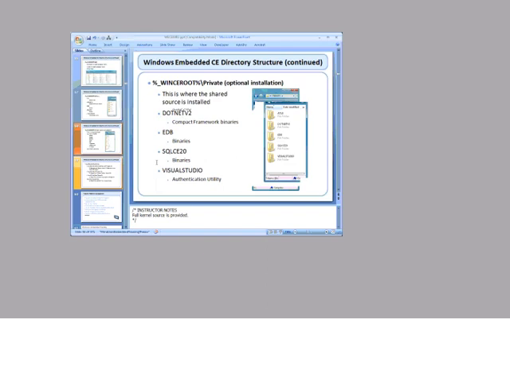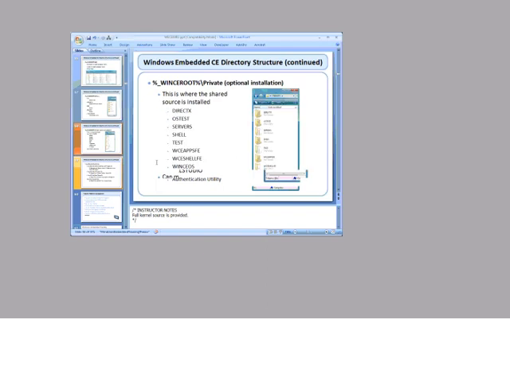Then we have the Others folder, and finally we have the Private folder. You probably want to point out on the Private folder that it is an optional installation step. Okay? I would say that these directory structure slides within module number 2 are slides that you're going to want to spend quite a bit of time on to make sure that your students really understand the directory